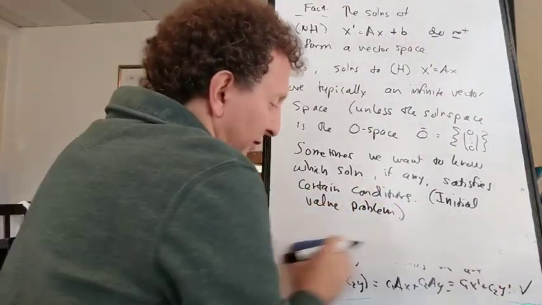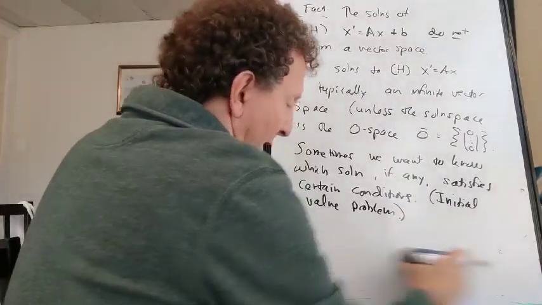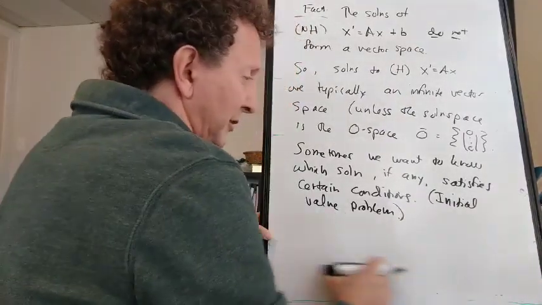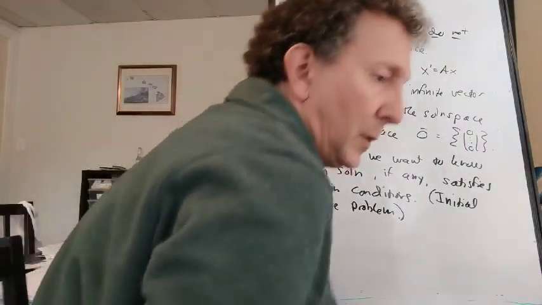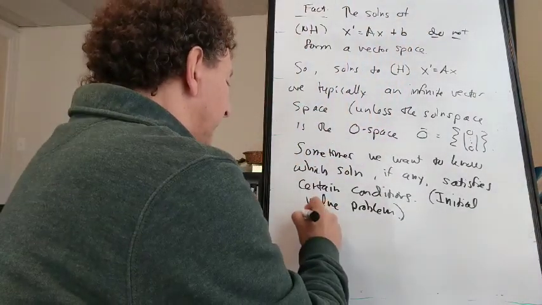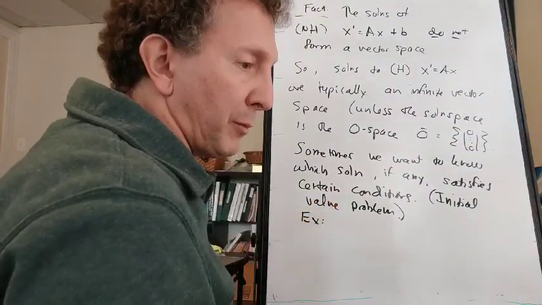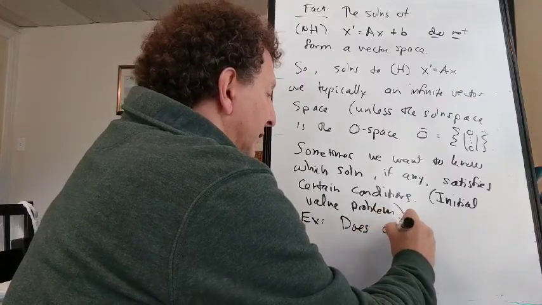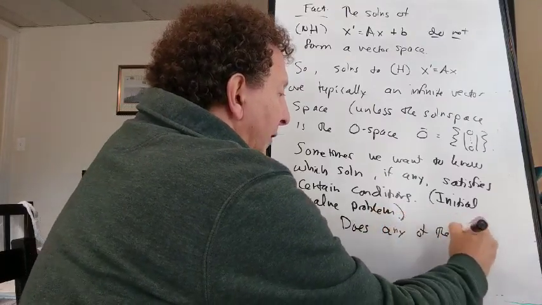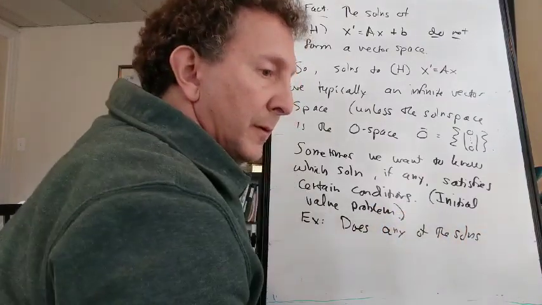And often those conditions are what happens with the functions at time 0 and their derivatives at time 0, something like that. So for example, we could ask, does any of these solutions